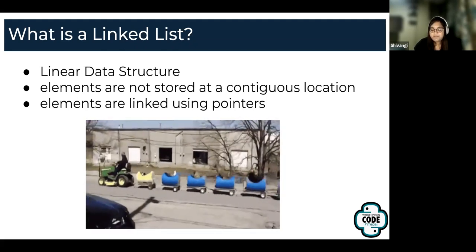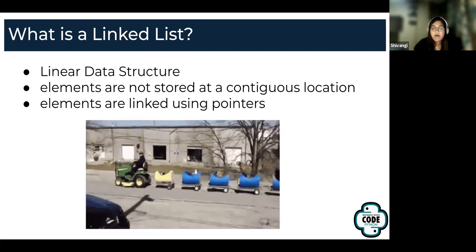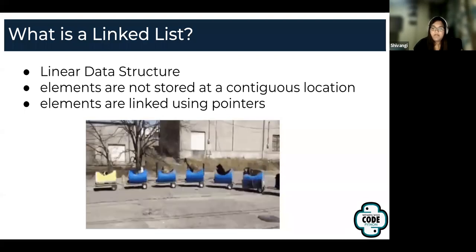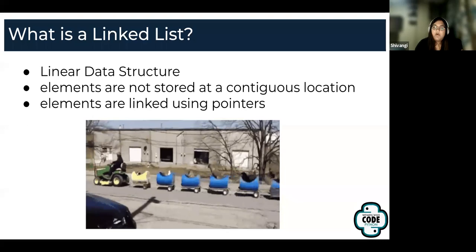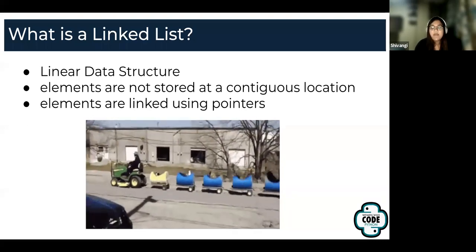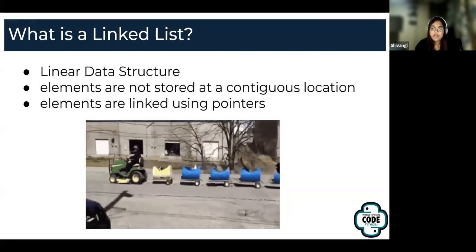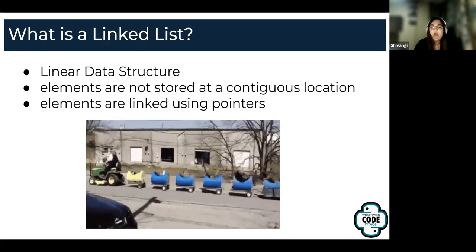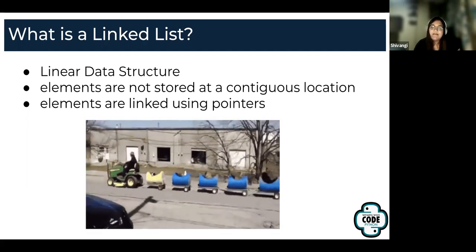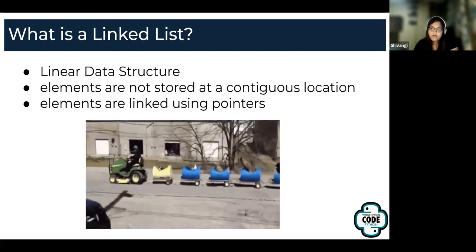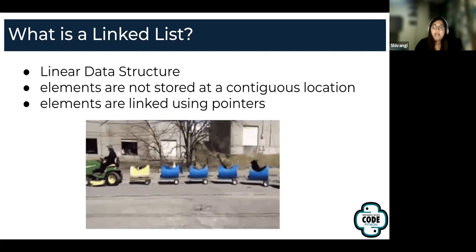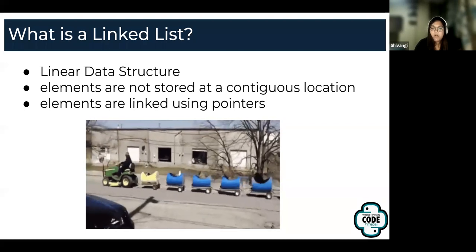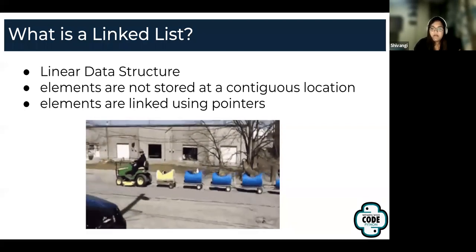The key feature about the linked list is it allows you to store elements in a non-contiguous fashion, right? Let's say you have an array of size 3. All the memory locations where the elements for that array are stored, or in the Python universe, the list, are continuous in nature. So you can directly access them using the index, 0, 1, or 2. But in a linked list, you don't have to store all these 3 elements in contiguous memory locations.